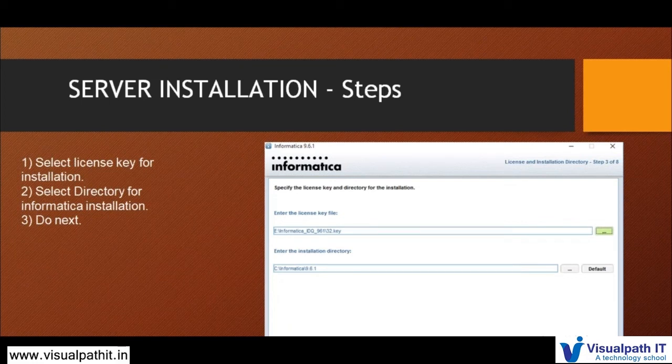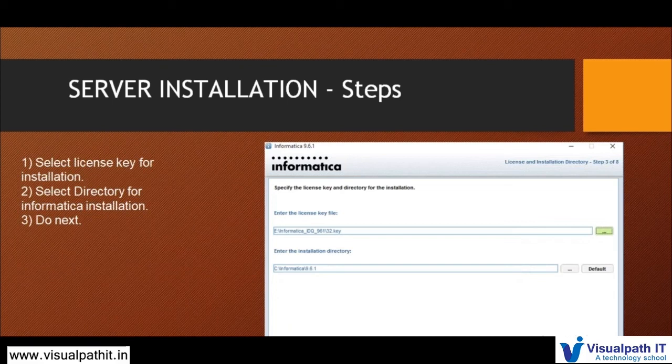Whenever you are registered, you will have an Informatica email ID, so you will be logging in with the email with which you registered. Once you log in to the Informatica site with your credentials, you will be finding the links to download. There itself you will find the license, and they will be sharing the license key to your registered email ID. Once we get all the details, we will start the installation.